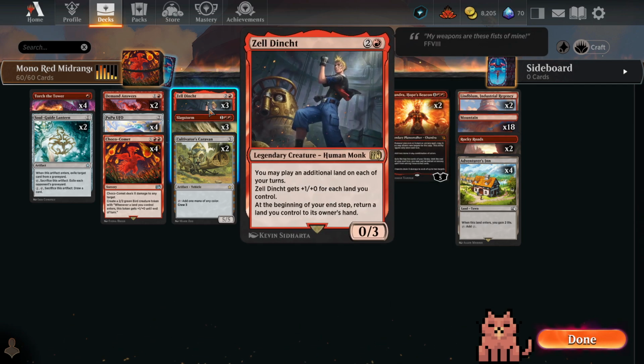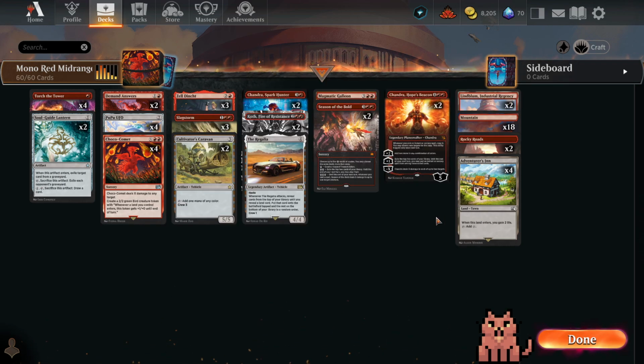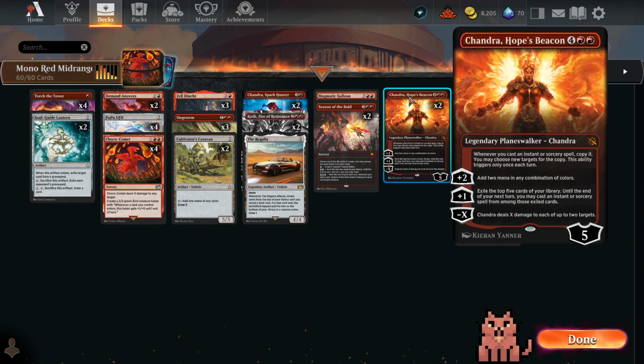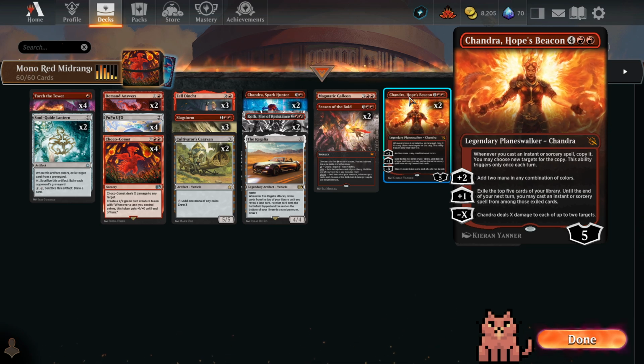And Zell just pushing in that extra damage every time we were able to swing with it. The Choco-Comet bird pushing in the extra damage at the end too. Forcing a block and everything. That's just crazy business. Losing Chandra Hope's Beacon breaks my heart too, because it's such a nice big red card,